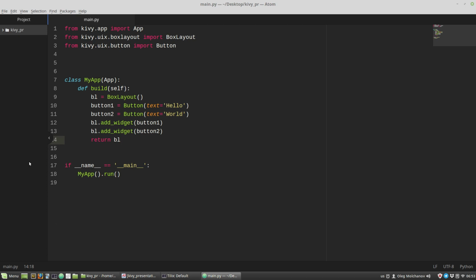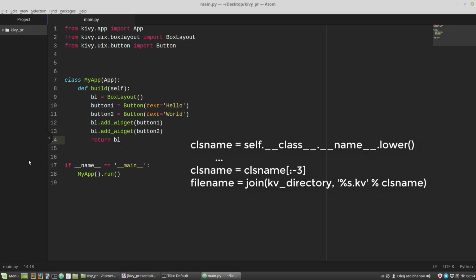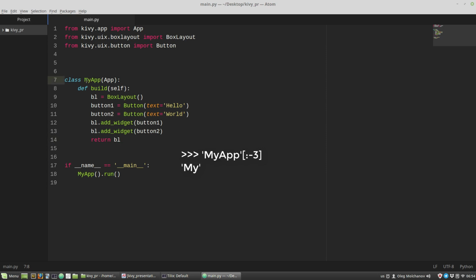If we look in the App class source code, we will see that the run method firstly loads a config file and secondly loads the Kivy file with the load Kivy function. If we look at the load Kivy method source code, we will see that by default Kivy will search for a Kivy file with the name of our application without the last three letters, that is, without the App suffix. In my case, the Kivy file should be my Kivy, so I'm creating it,